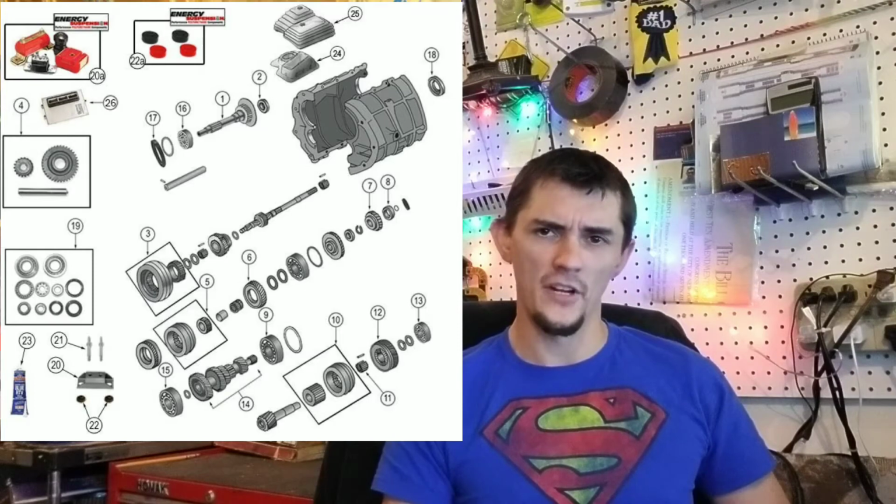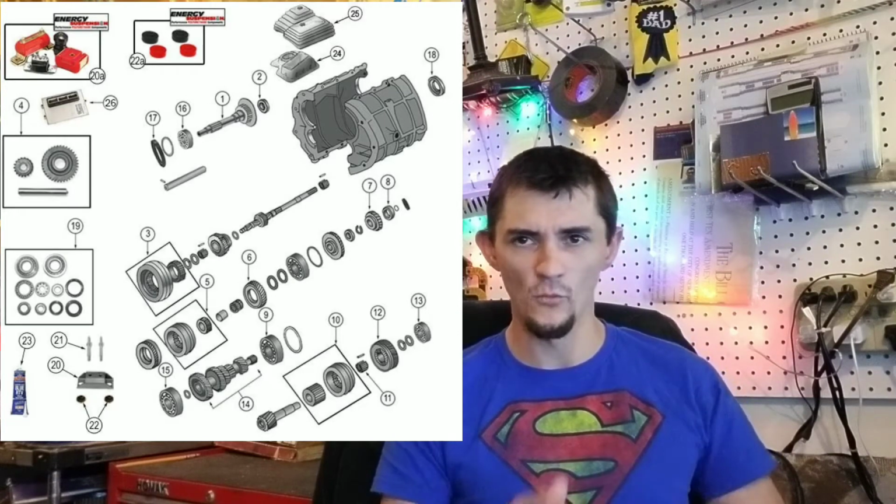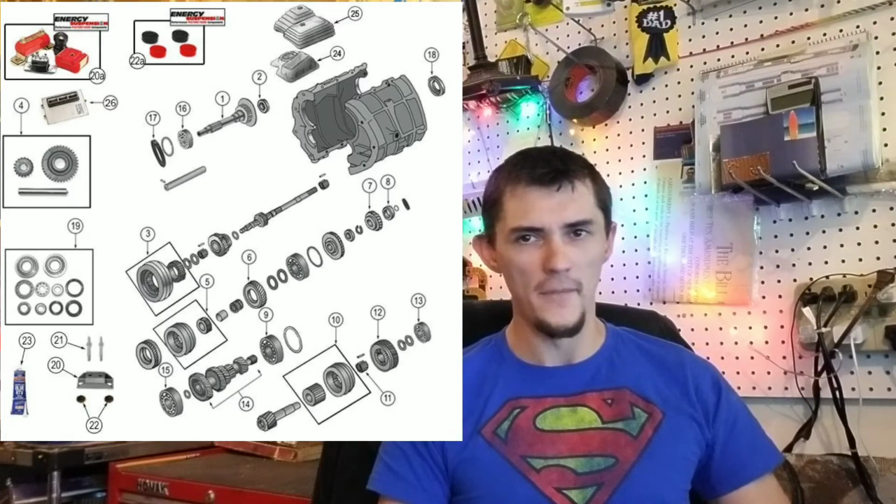The case, if you looked at it, was kind of split down like a suitcase. You could open it right up, but it had a tendency of stretching out as it gets hot and worn out. The gears would not mesh correctly if it starts stretching, and then of course shifting becomes an issue. I've actually gotten locked out of it a couple of times when I was driving. I can remember driving in four-wheel drive, going uphill, and it wouldn't let me shift anywhere. It just locked me in like third or fourth or something. I had to turn off the Jeep and sit there for a second, and then it would finally release. I don't know what it is, but